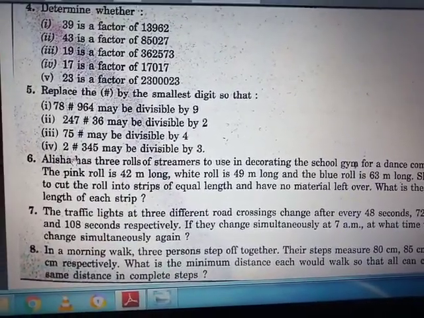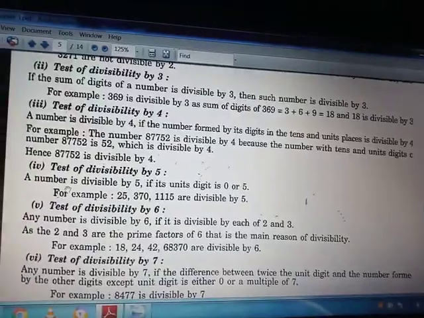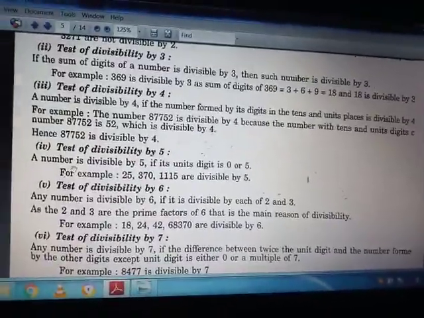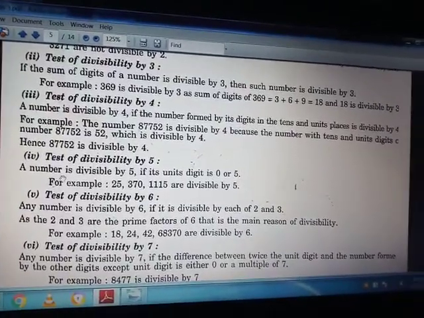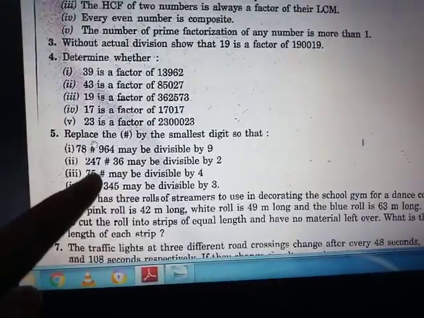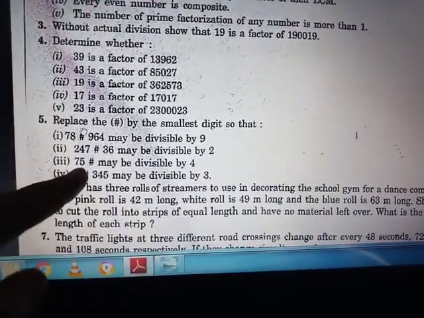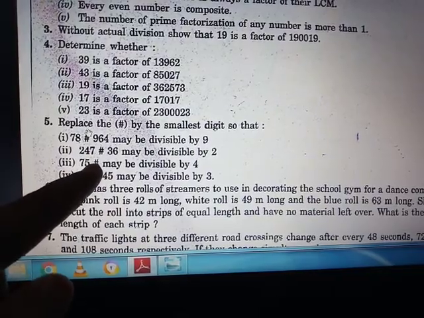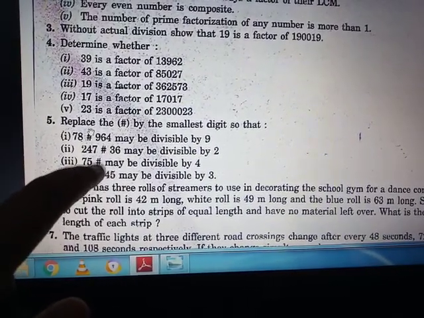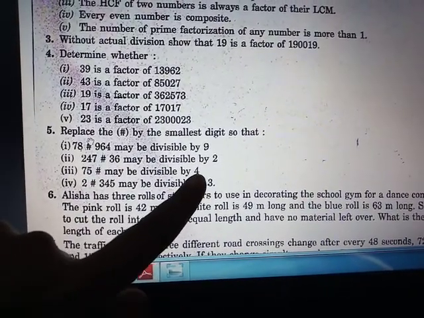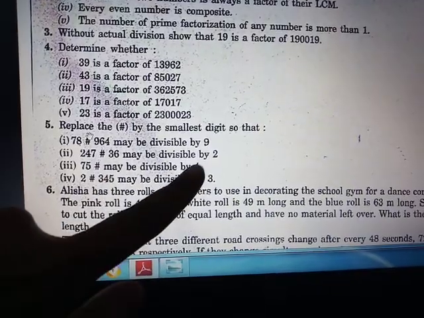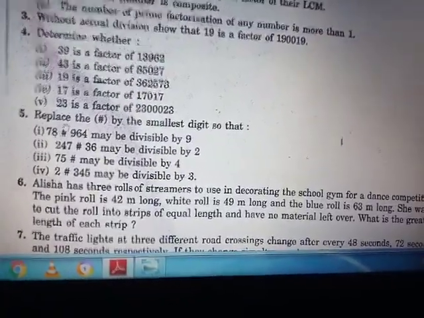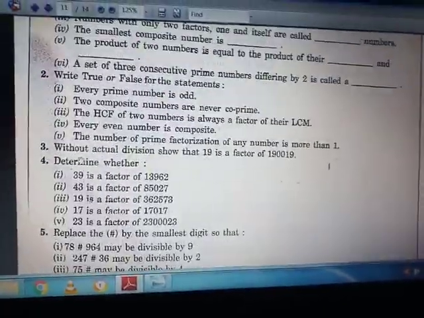नाउ थर्ड वन इज़ 75, फिर हैश है, यहाँ पे क्या नंबर रखना है और 4 से हमको डिवाइड करना है। टेस्ट ऑफ डिविजिबिलिटी बाई 4 है कि अगर नंबर के लास्ट के 2 डिजिट 4 से डिविजिबल हैं तो वो नंबर भी 4 से डिविजिबल होगा। तो यहाँ पे हैश है, अगर हम 4 से 5 को डिवाइड करेंगे तो 1 टाइम में जाएगा और हमारे पास 1 और आएगा। अगर हम इसको 56 कर दें, लास्ट में 6 रख दें, तो वो 4 से टोटल डिवाइड होगा, ओके। 4 14 बार में 56 में चला जाएगा। यहाँ पे हम 6 रख लेंगे, हमारा आंसर आ जाएगा, ओके। सो इन दिस वे यू हैव टू सॉल्व द क्वेश्चन।